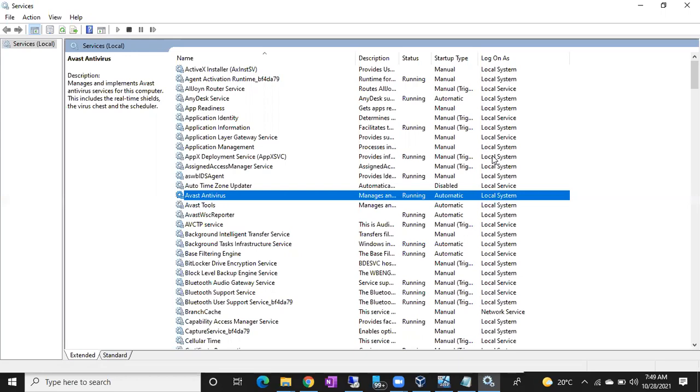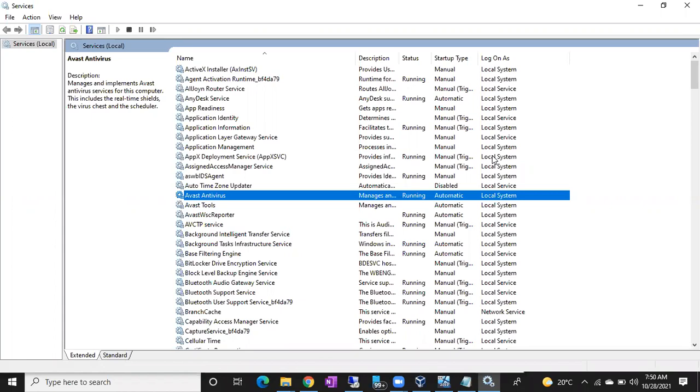Okay, while installing any software, it won't ask you which service account you need. Why? Because you don't know what a service account is. Simply it will install. But which service account it will take during the installation depends upon the software priority. If the software is high priority, it will choose local system as a service account. If it is normal priority, it will choose local service. If it is low priority, it will choose network service.